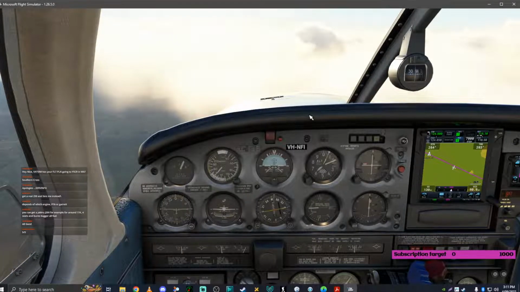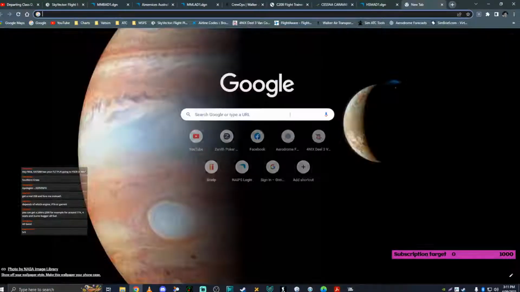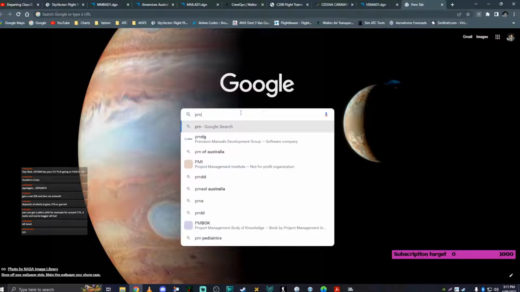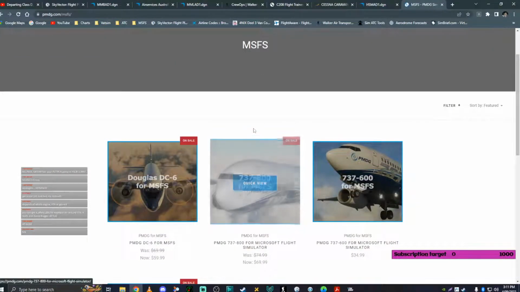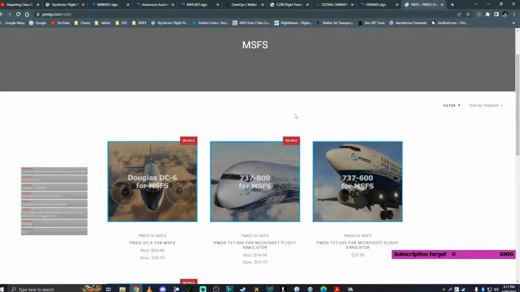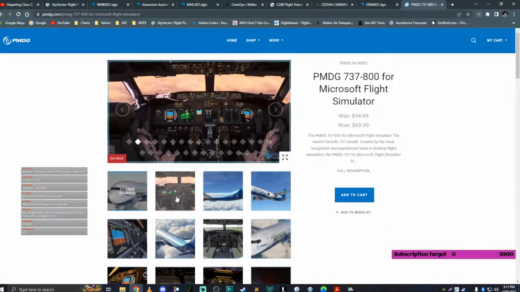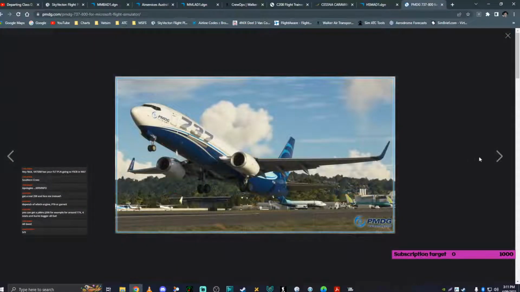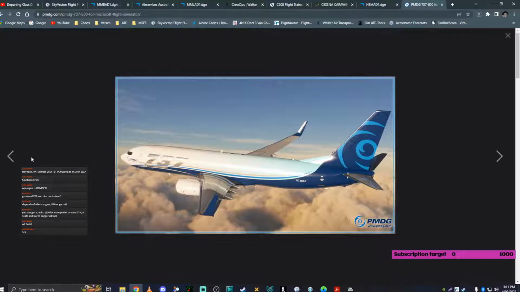Yeah, Chris, Aviation Chris. Yes, I'm going to buy these. Guess what I'm going to be buying? I'm going to be buying that, and now I don't know how it's going to match up with the X-Plane one, because the X-Plane 737 is pretty good by all accounts, and it's free, whereas this is